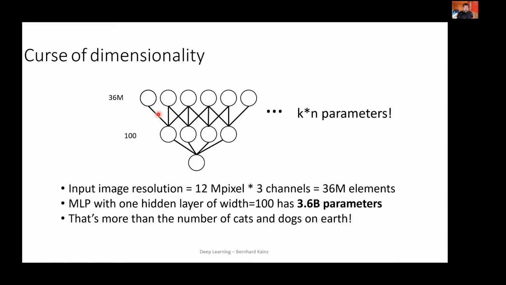So if we, for example, leave out a lot of these connections, let's put in a constraint that these hidden units don't necessarily need to know everything about the whole image, but probably only a local neighborhood, then we only end up with, depending on how sparse our connectivity is, k times n parameters. That's already better. It's much better than the order of n squared, but it's still k times 36 million, for example. So still, there are lots of parameters, and one of the key ideas of deep learning and CNNs was really